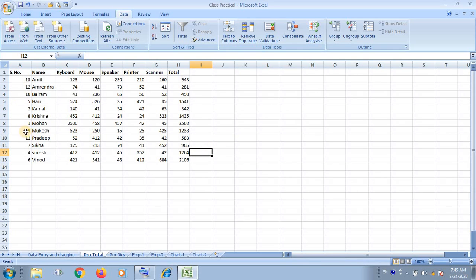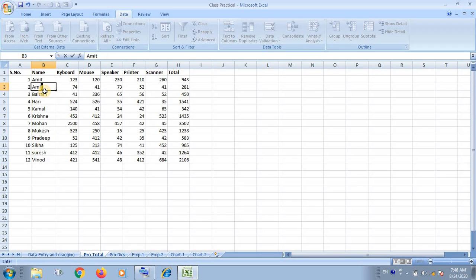Again we have to make the serial number here 1, and after typing 1, just hold the control key and drag, then the serial numbers will be generated again. Now you are looking at the alphabetic order. Suppose two names are the same, Amit here and Amit also here.